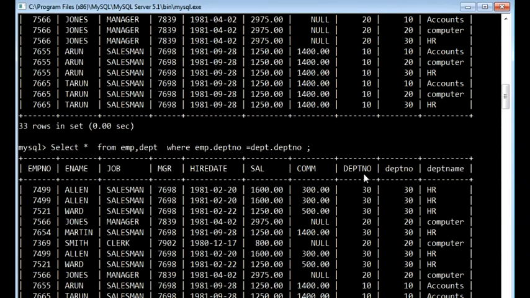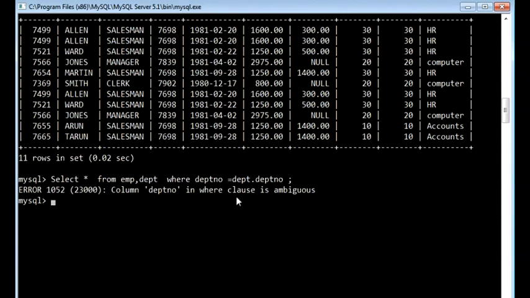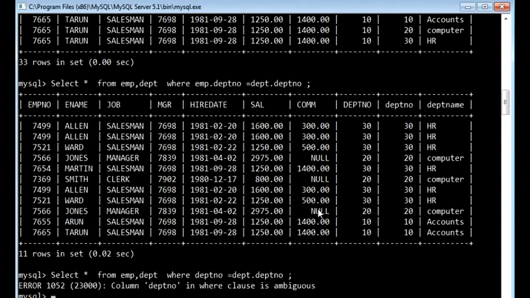Both have the same column name. So from which table should this department number be fetched? There arises a confusion. So instead of fetching any data, it raises an error and shows it to the user. This is how an equi-join will work on our table.